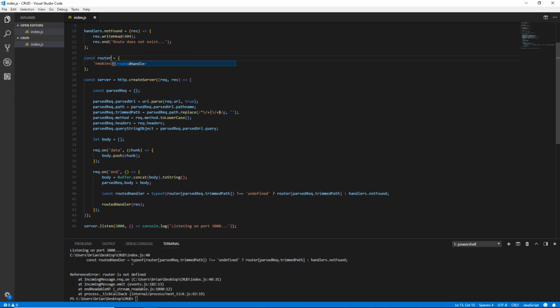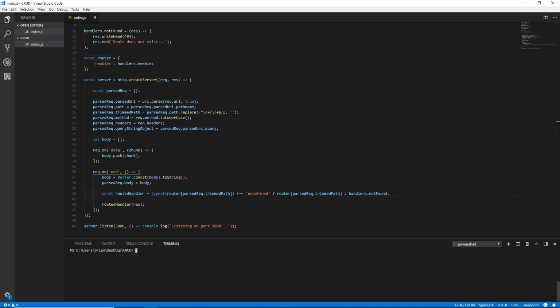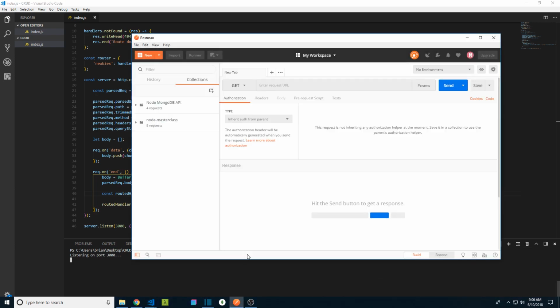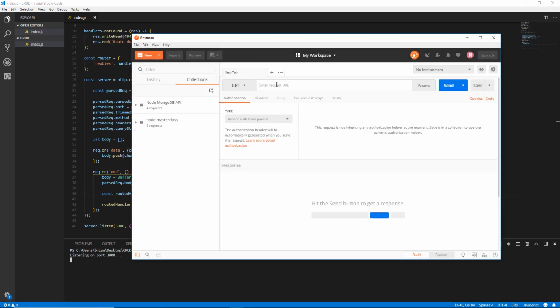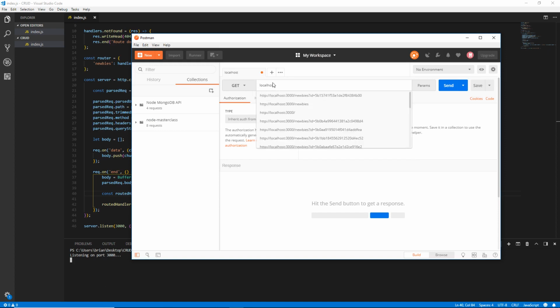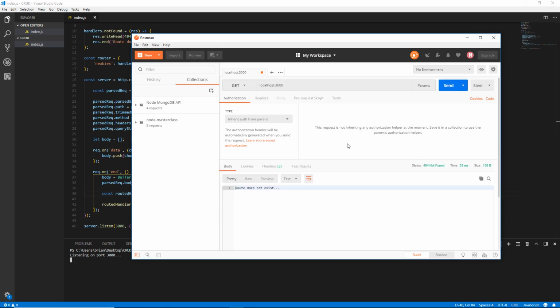And let's go ahead and test it. So go ahead and open your terminal if it isn't already open. If you already have your server running, go ahead and Control C to cancel it, and then type back in node index, enter. Make sure that it says listening on port 3000 or whatever port you chose. Go ahead and open up Postman, and we'll go to localhost 3000, hit send, and you'll see it says route does not exist